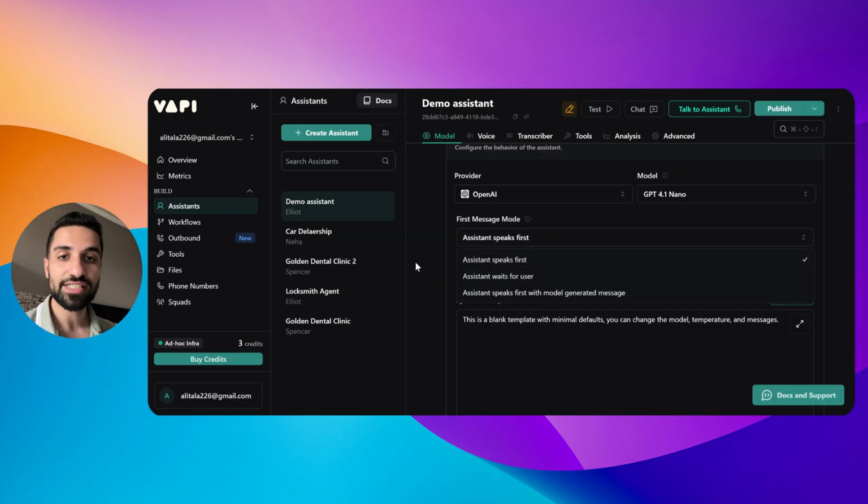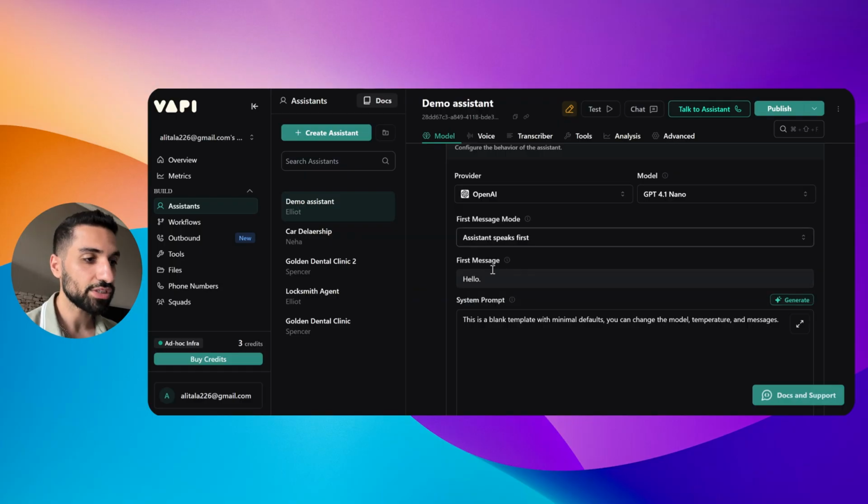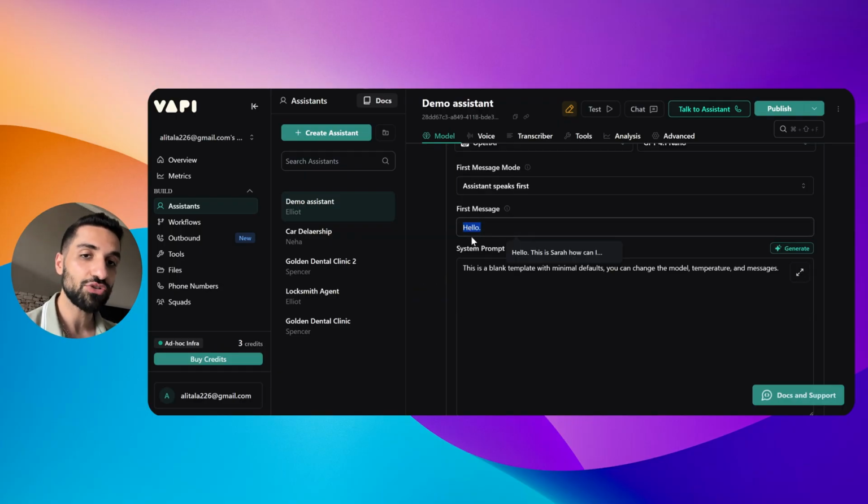So if you want your assistant to talk first, you need to choose "assistant speaks first," or "assistant should wait for the user to talk," or "assistant speaks first with model generated message," which we gave to our assistant. So here I'm going to use assistant speaks first, and here you can write the first message that your assistant wants to say. So for example, you can say, hello, how can I